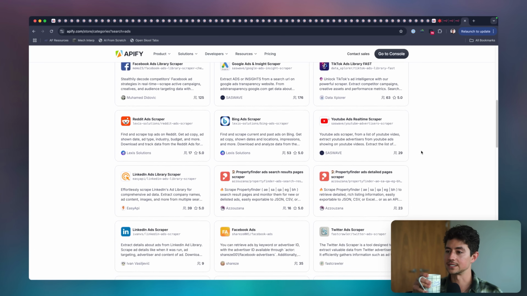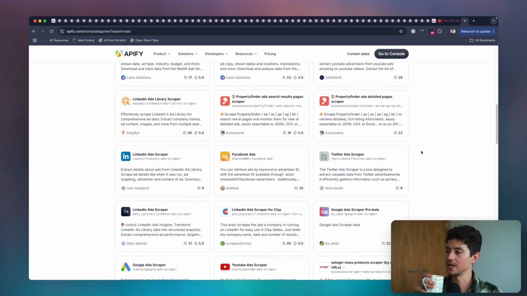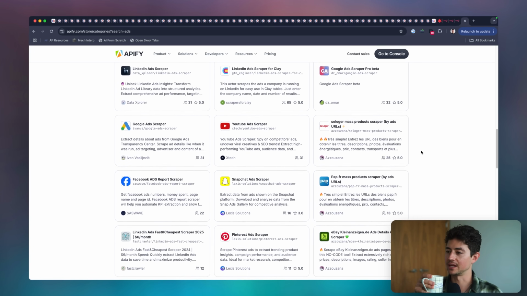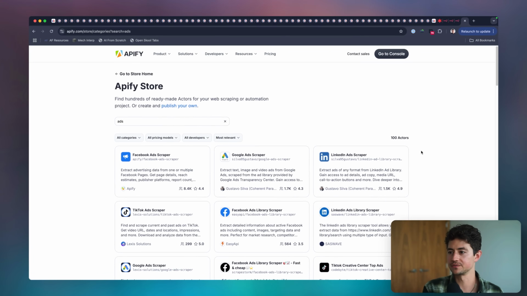We could totally do this for LinkedIn. We could totally do this on Reddit. We could totally do this on like Quora and so on and so forth. Yeah, and then in addition, you have Twitter ads here. Hell, you might even be able to do this with Snapchat ads if they're static. Good Lord, I'm excited. But what I'm going to be doing in this video is we're just going to be